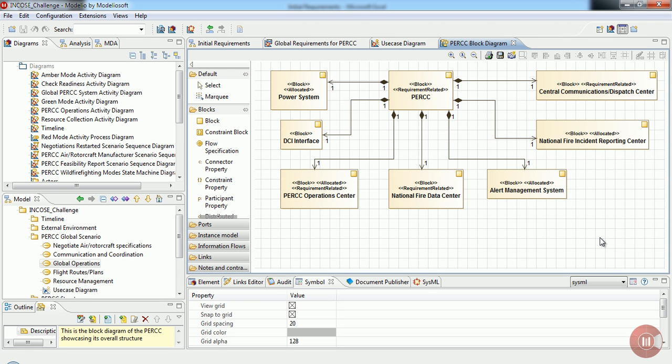Well, the central communications or dispatch center enables communication between the PERC and other subsystems and the external environment. The alert management system basically gets alerts from, for example, the media or the National Weather Service, and assesses the level of the alert, the priority of the alert. The National Fire Data Center basically is a database management center. It consists of a database and a database management system, and basically stores the real-time data of the different firefighters